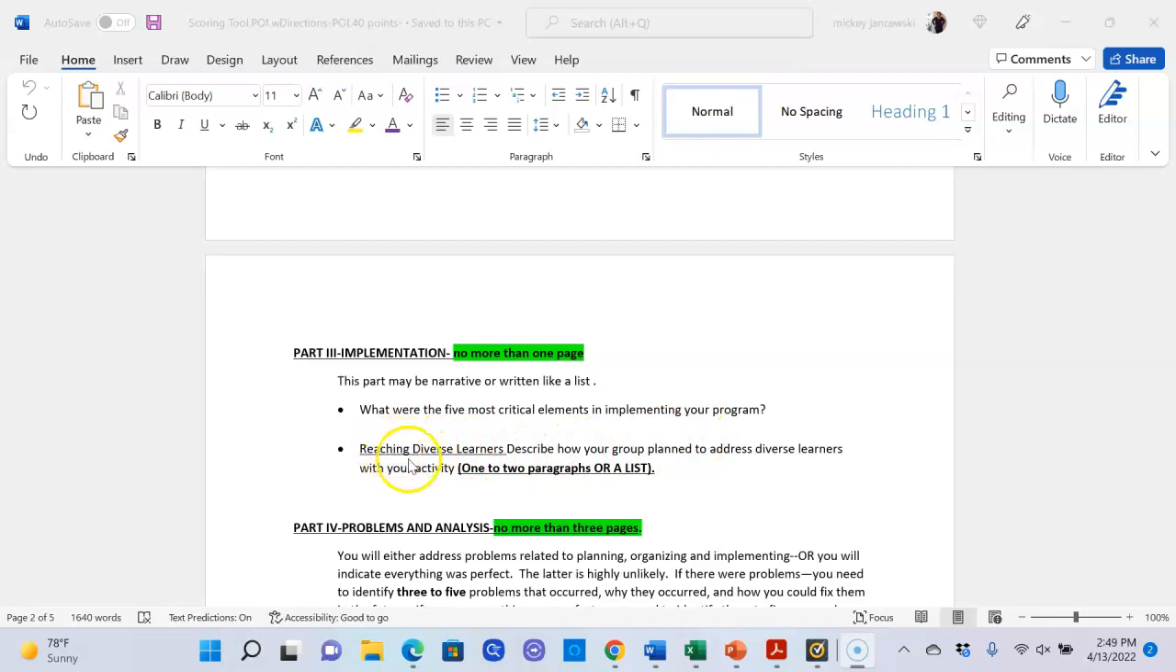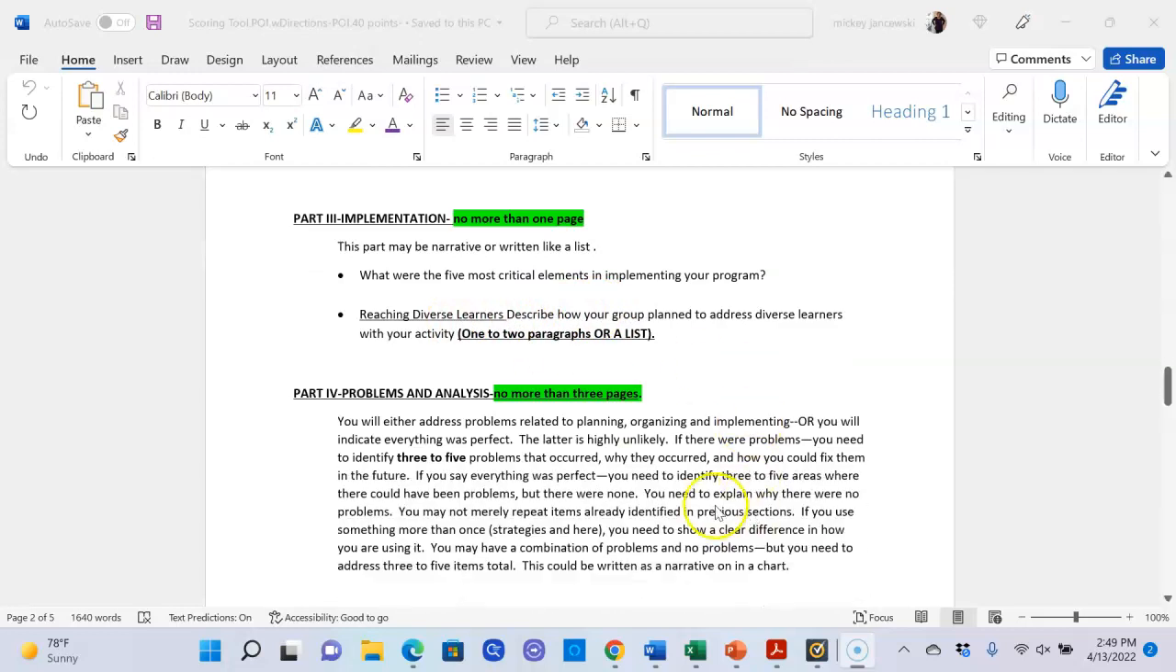Then you will have how your group planned to address diverse learners with your activity. That'll be 1 to 2 paragraphs, or it will be a list. And if your group did not address this, then you need to write that and say how you would fix it. Part 4 is problems and analysis, and you're either going to address problems related to your planning,